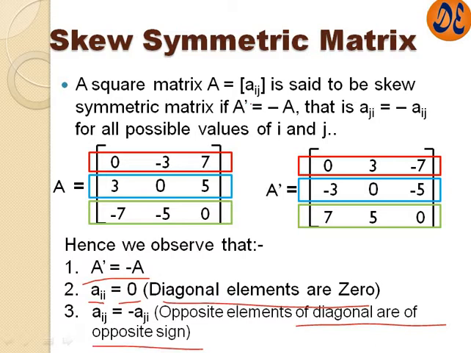Also, the elements opposite across the diagonal are of opposite sign. Now here, as it is a small matrix, I can explain. See, this is your A. Here it is 3, and this is your diagonal. The elements opposite to each other across the diagonal have changed sign. Now this corner and this corner, sign changed. This corner and this corner, sign changed. So opposite elements across the diagonal are of opposite sign. In other words, we write aij is equal to minus aji.